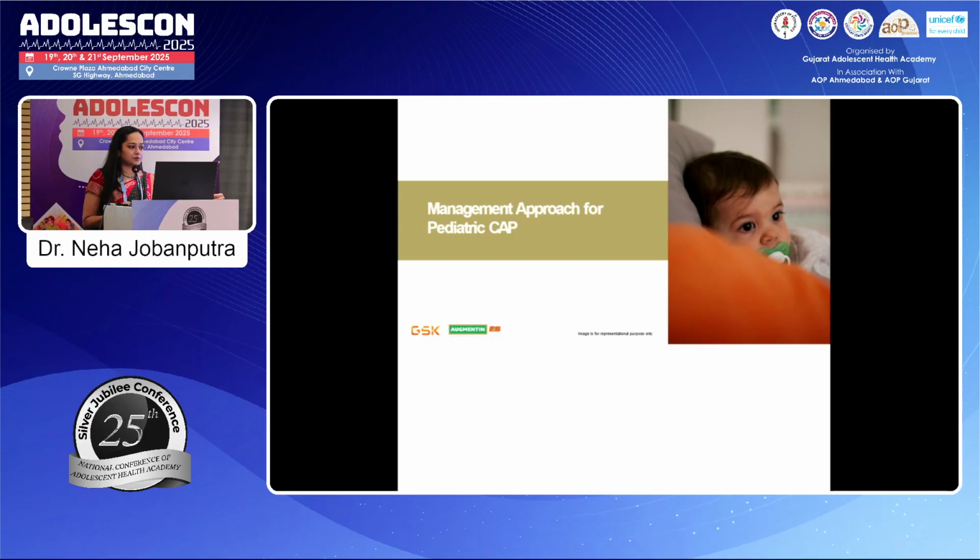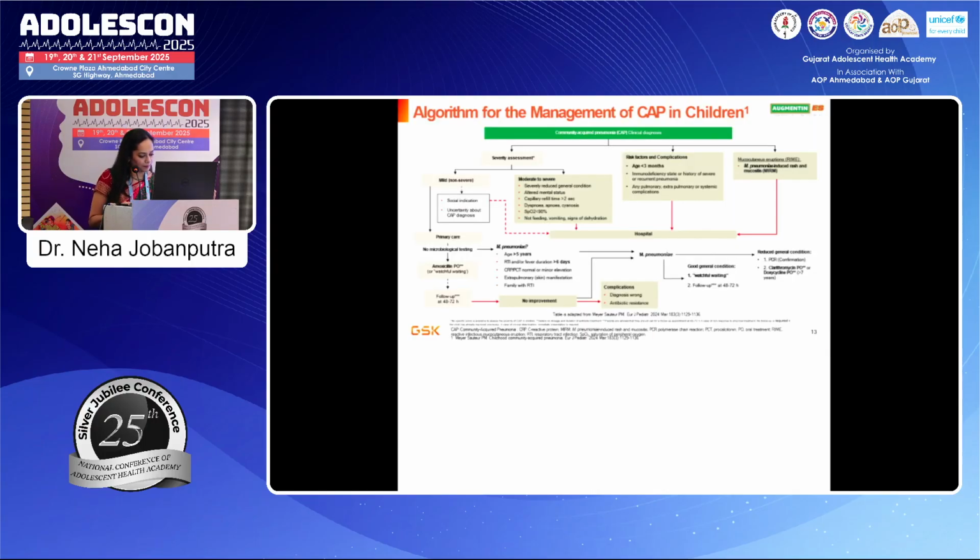Going towards the management of pediatric community-acquired pneumonia, all major guidelines, that is WHO, IAP, PIDA, agree that amoxicillin is a first-line management with escalation to amoxiclav when resistant organisms or beta-lactamase producers are likely. In our setting, how often do we initiate amoxiclav or high-dose amoxiclav at the first onset?